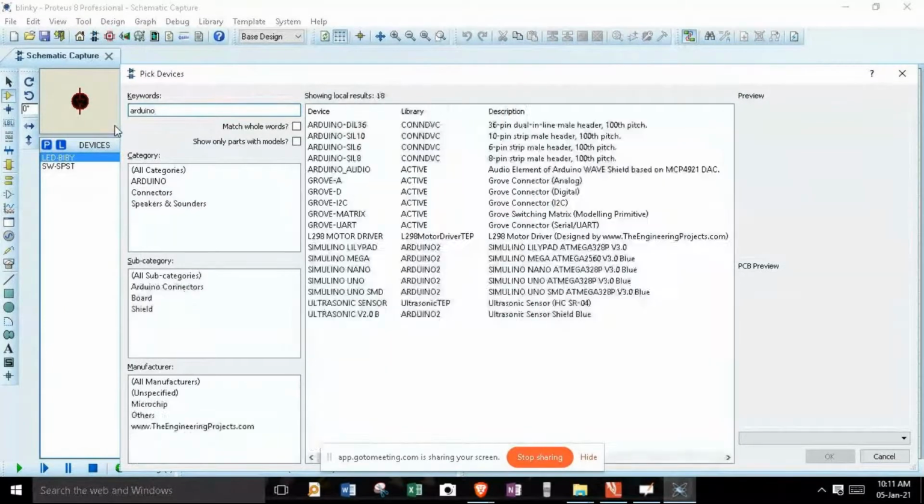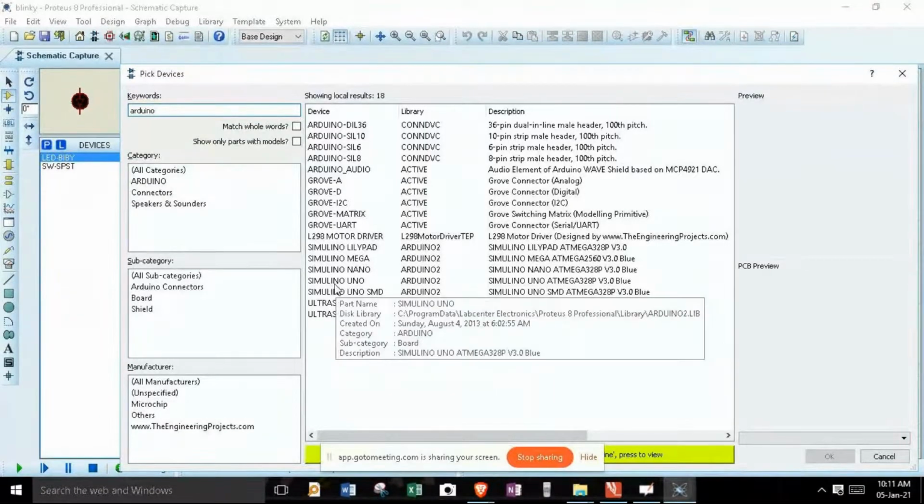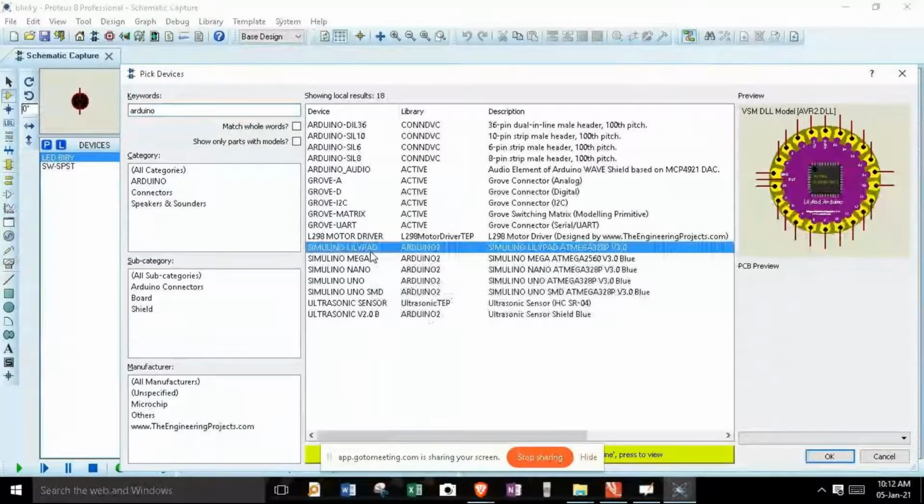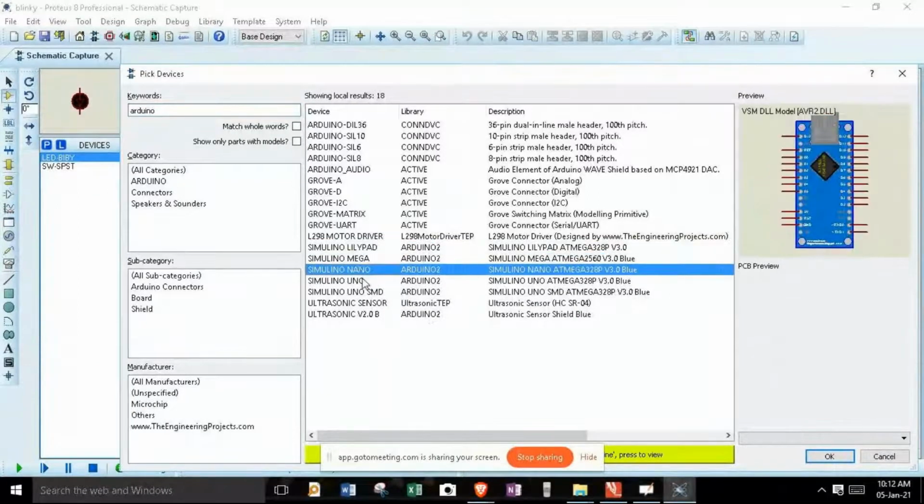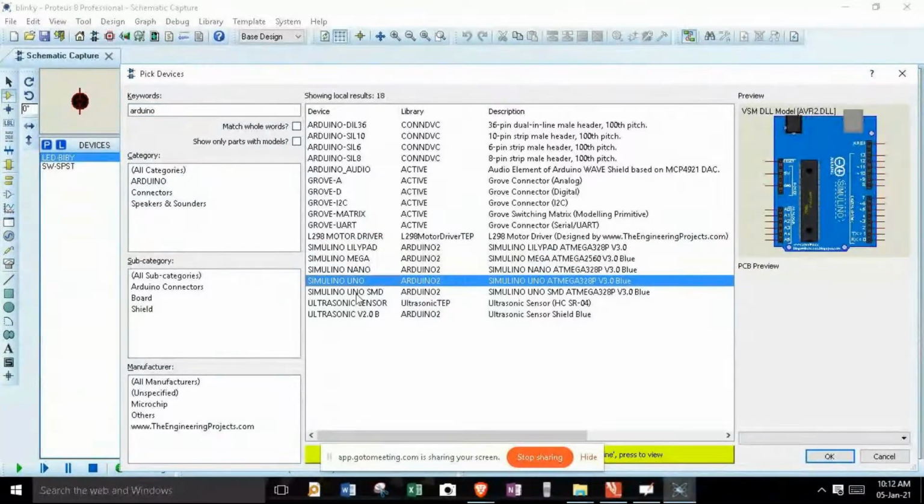Because I had earlier included Arduino related library files under the library of Lab Center Electronics, I'm having these Arduino versions, that is Lilypad, Arduino Mega, Arduino Nano, as well as Arduino Uno. For time being, we'll select this Arduino Uno, and here is where you can have a preview of the schematic. After that, hit OK.